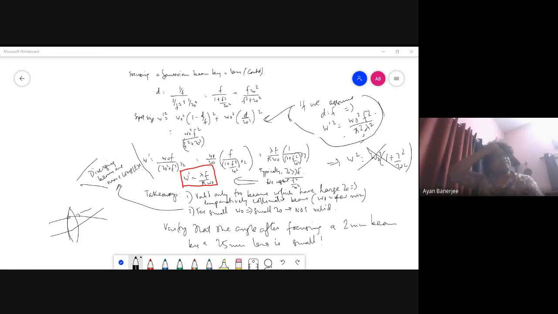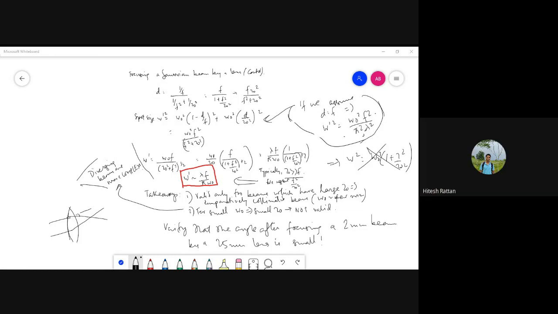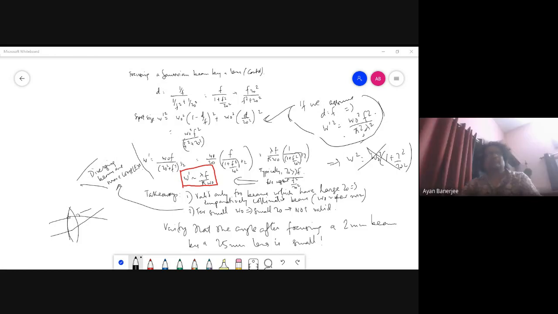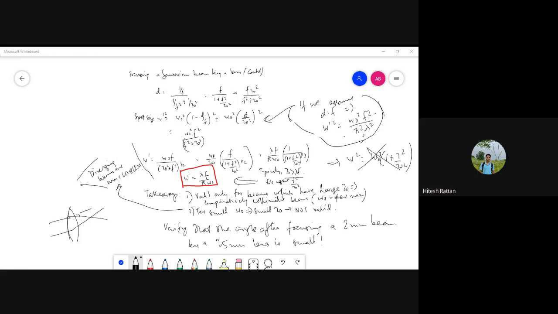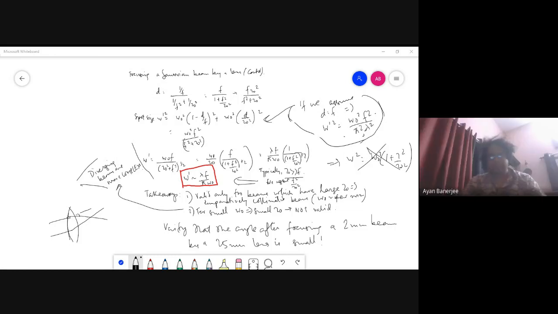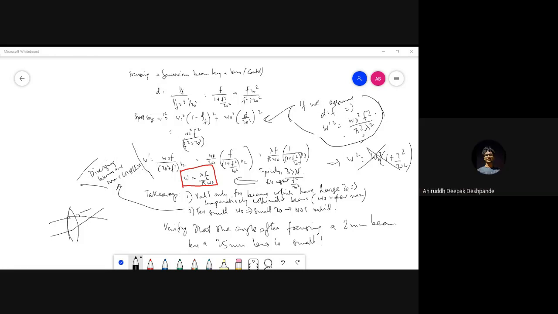That's fine. I'm saying near the beam waist, your k vector is parallel to z. Look, if that is not the case, then it's not a plane wave. But even at the beam waist, you can't write your Gaussian beam as e to the power i k z. There is a profile, an e to the minus x square plus y square thing, and the k vector is still the same only at that point.